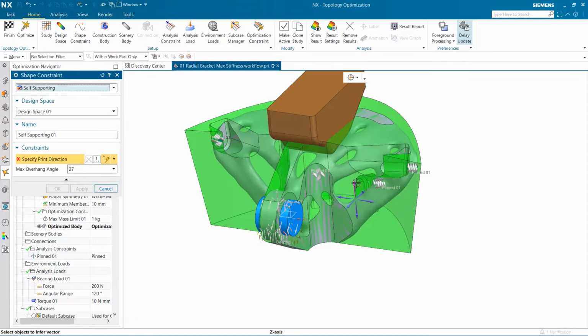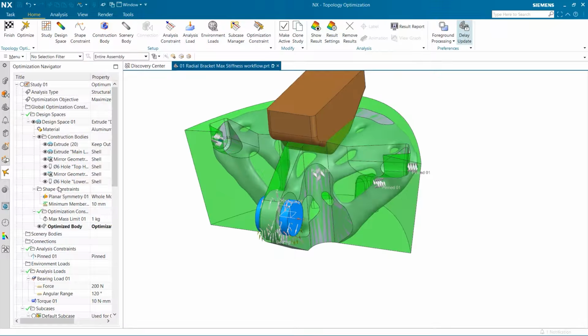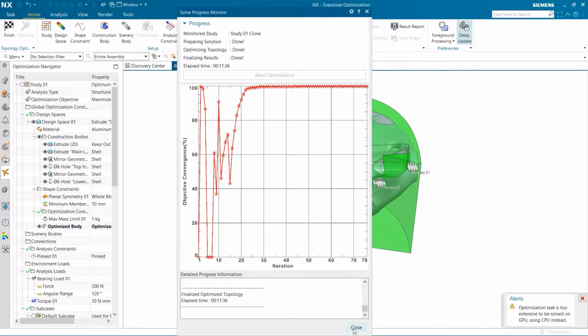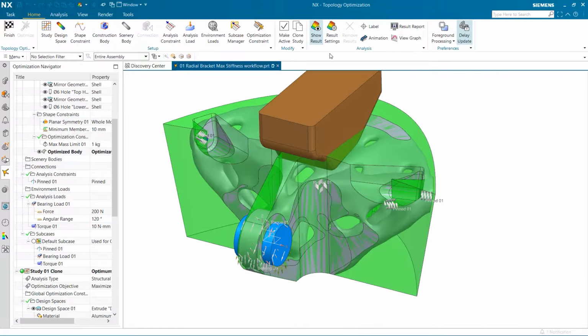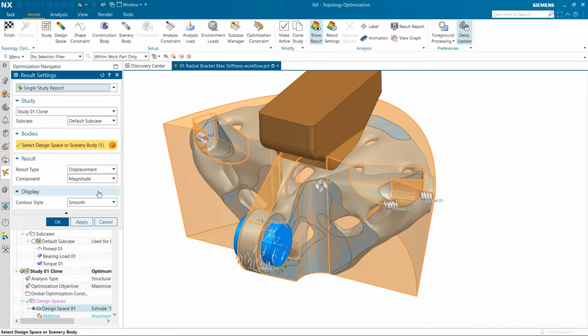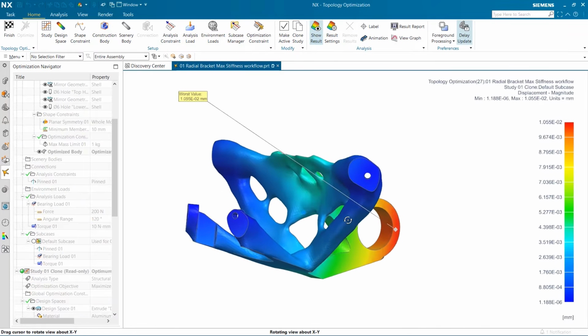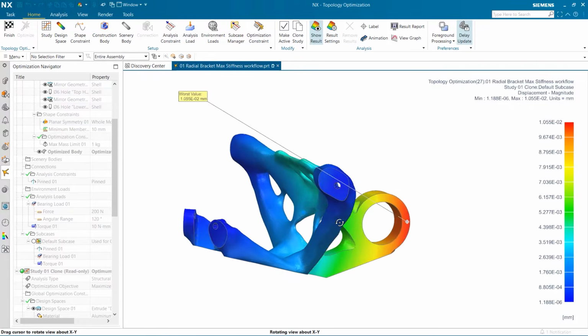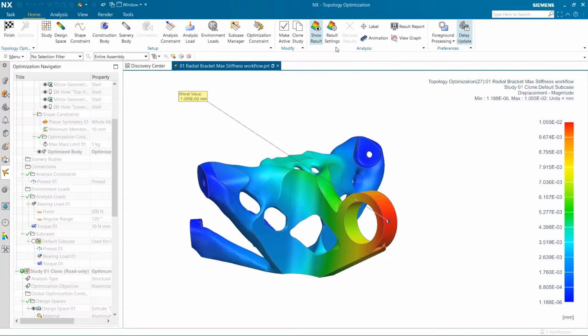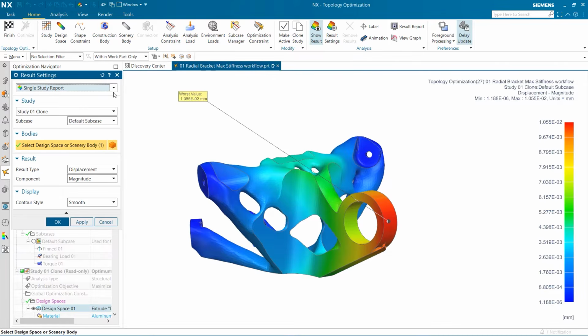I quickly specify the print orientation, and now we can optimize this study too. The second study is complete, so let's examine it. This new design would be much easier to 3D print, and it has a very similar displacement as Study 1.